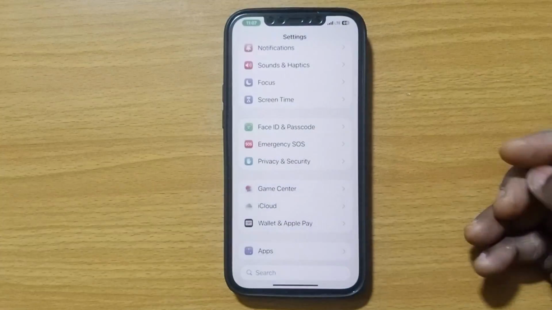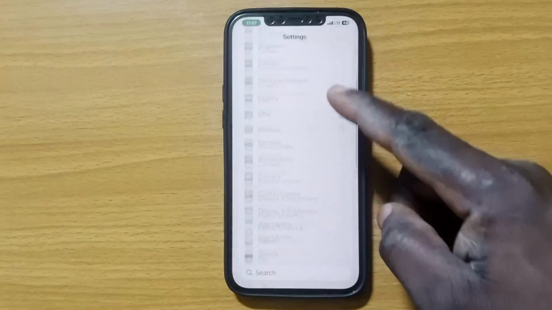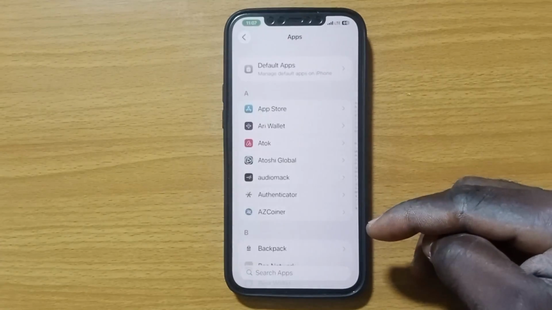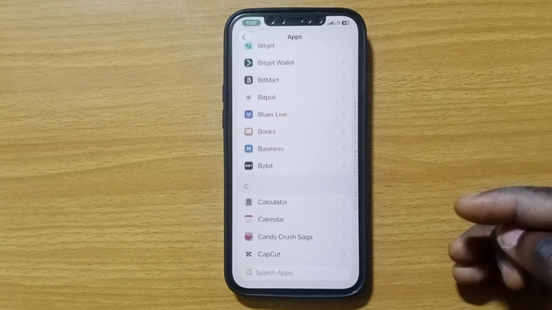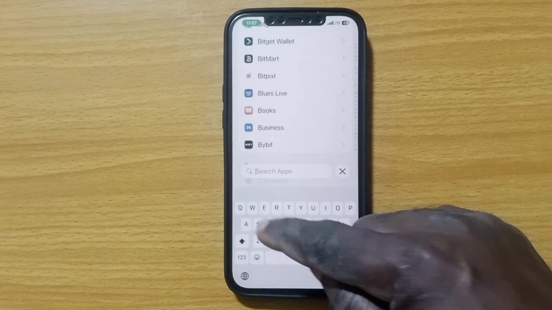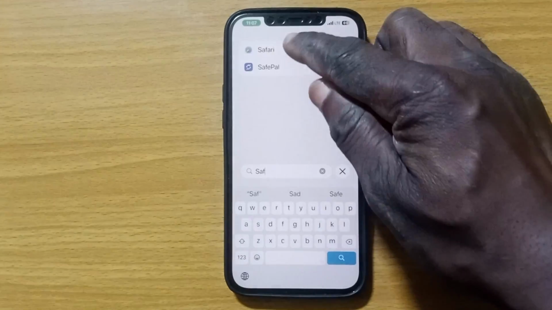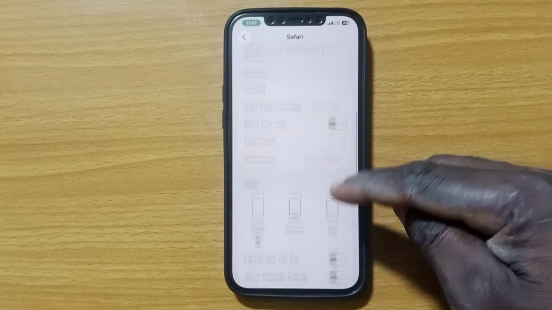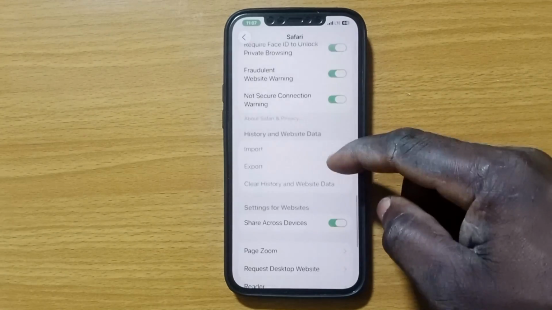Tap on the settings icon, then from here, scroll down and tap on apps. From the list of apps here, guys, locate and tap on Safari, or you can search for Safari from the search section. Tap on it. Now scroll down to the base of this page where you see this option that says history